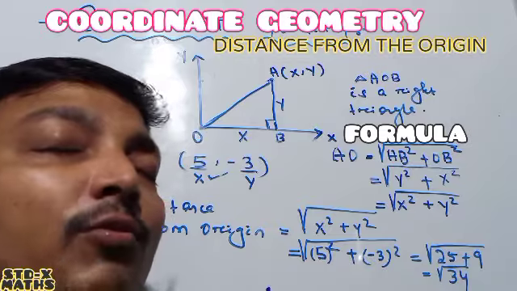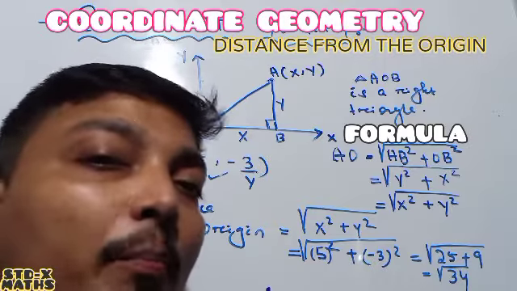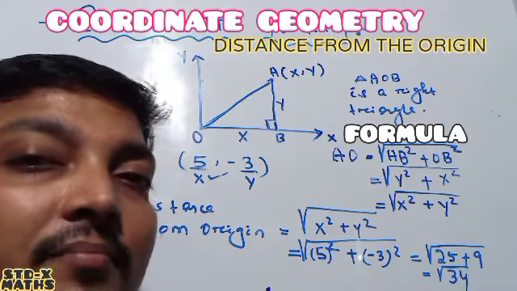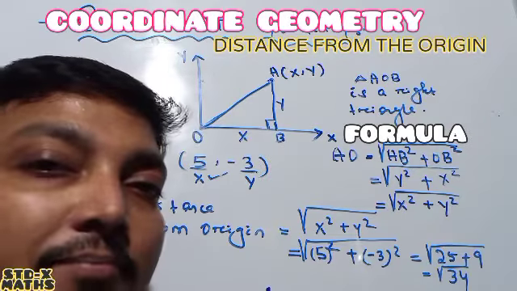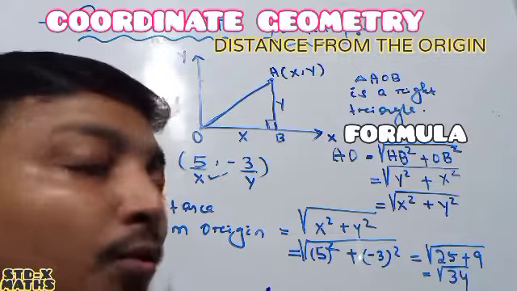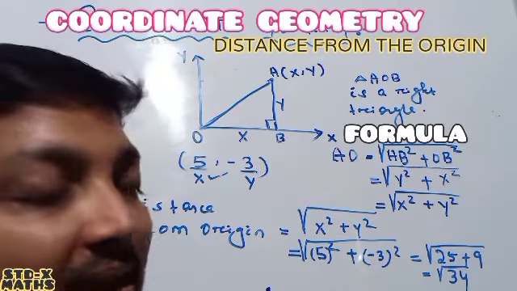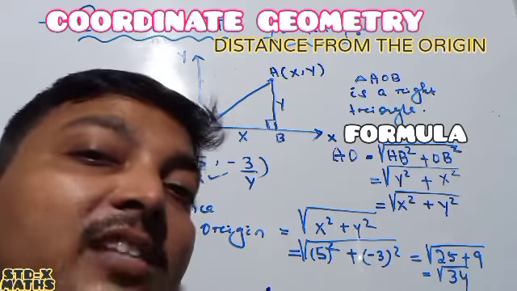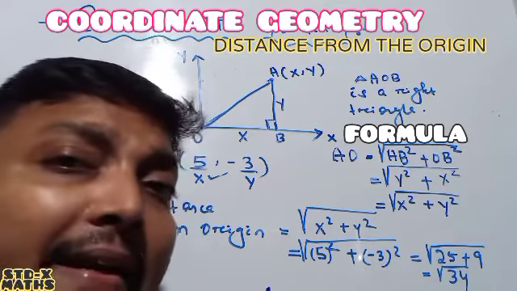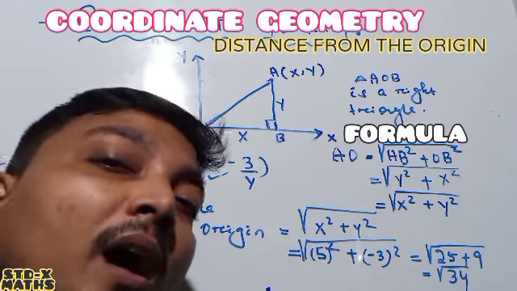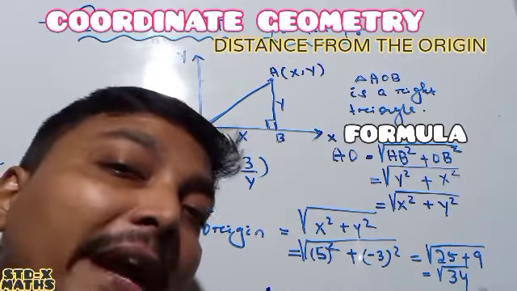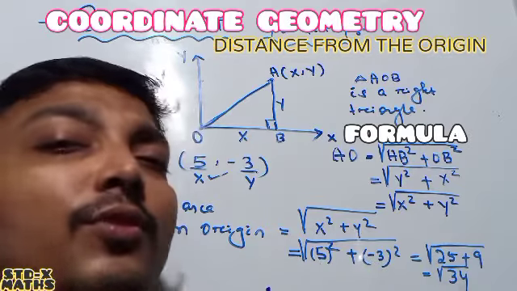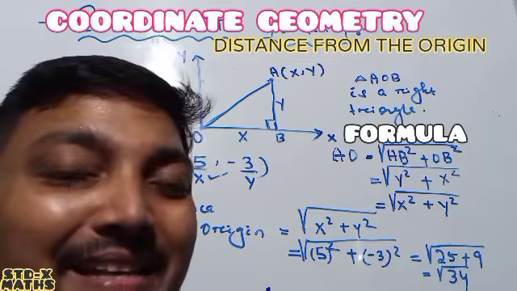It means your only work is, whenever the point is given, point given means 100% the x coordinate is given, and also your y coordinate is given. So the important thing is first you have to find out which one is our x coordinate, second one which is our y coordinate. After getting the x coordinate and y coordinate, your work is directly to write down the distance of that point from the origin. It is x square plus y square, its root over. Easy or difficult, you just have to say.